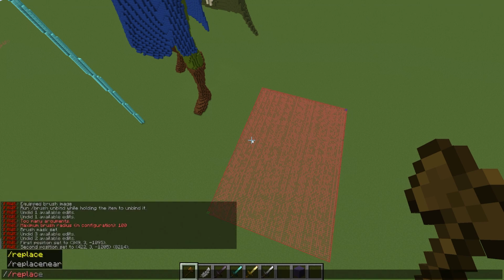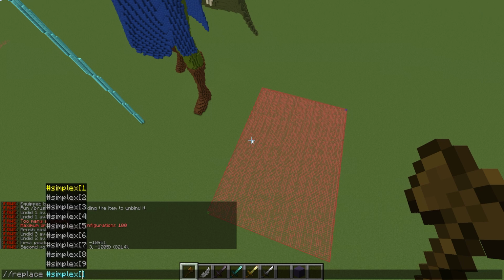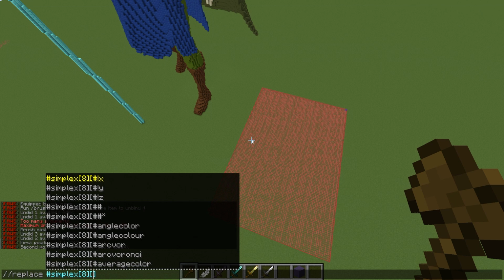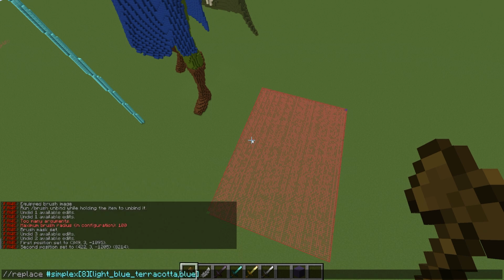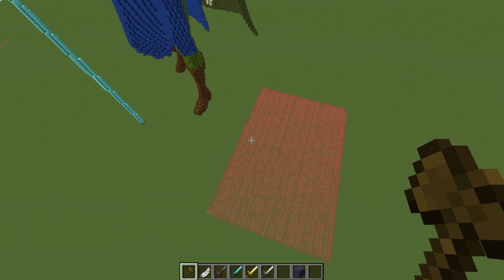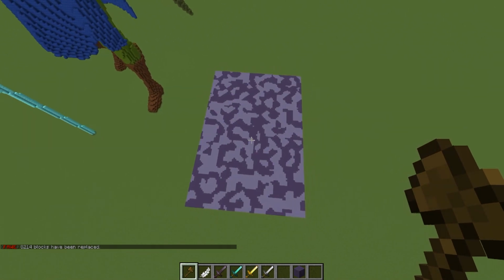But anyway, we're going to replace our selection with simplex, and then in brackets, we're going to set the scale for the simplex. So I'm going to set now in a second pair of brackets 2 different blocks to use, and let's just do light blue terracotta, and we'll also do blue terracotta, just to see the difference here. So we've got our replace simplex, just making sure I have everything. I think that's it, so then I can just do that, and it's going to create that kind of pattern